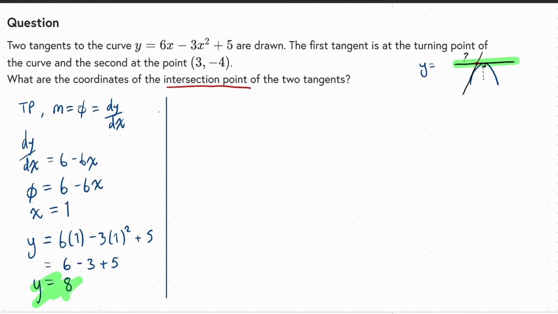My next tangent is the tangent that meets at the point 3, -4. And the first thing to keep in mind is that this one is going to have the form y equals mx plus c. And I need to find, well, I've got an x, I've got a y, what I don't have are m and c. But actually I can find m by finding the gradient, right? So dy dx,